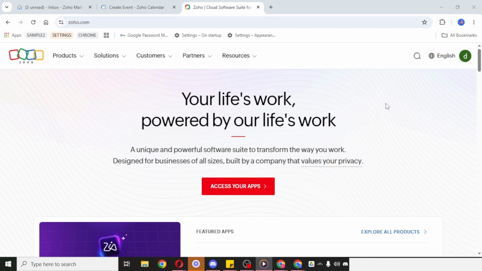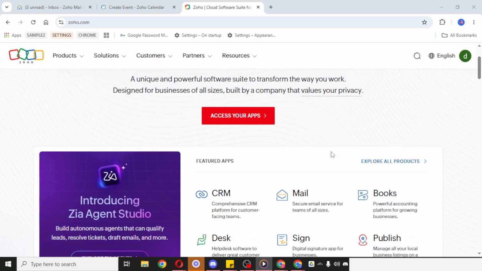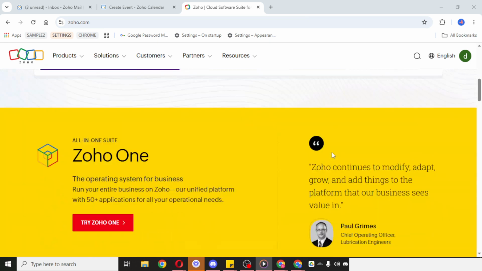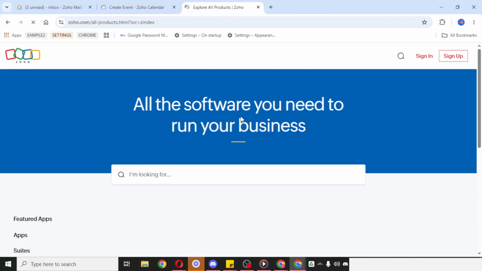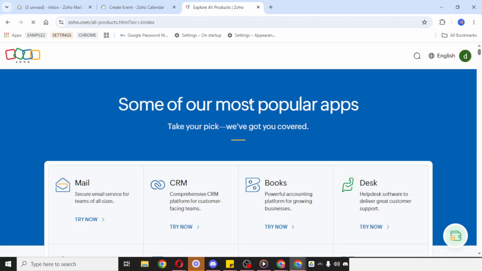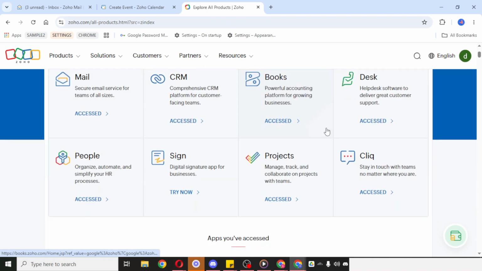To begin, open your Zoho account. You can do this from your browser by going to the Zoho website and signing in through the main account page. Make sure you use your own login credentials and double-check that everything is entered correctly, especially if your browser does not autofill the information properly. If you're on a shared device, it's also a good idea to confirm that you're signing into the correct account before continuing.